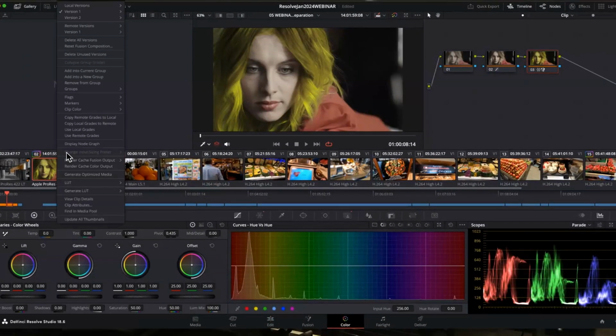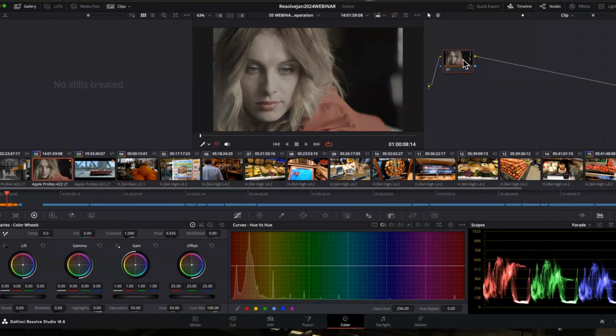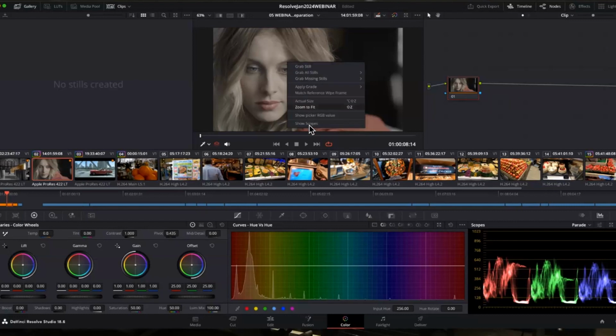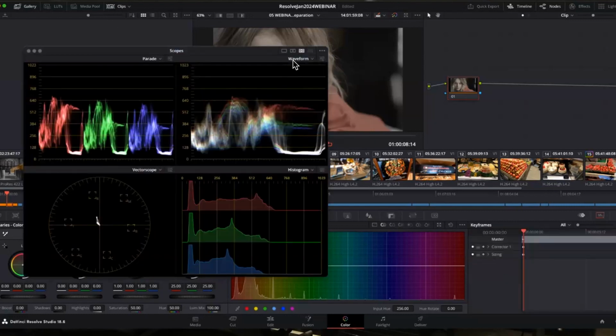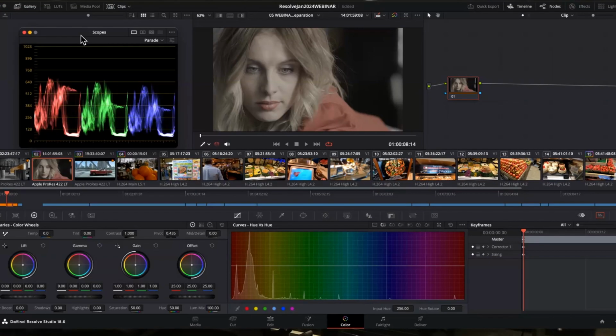Let's go back again to version 2, which is empty. And let me introduce you to your new friends: one is Magic Mask, the other one is Face Refinement. So step 1, you need to decide what is going to be the brightness and contrast environment. Right-click on it, show the scopes, and I'm going to pick only one scope. My scenario is going to be making sure that I have the setup where it is the waveform,